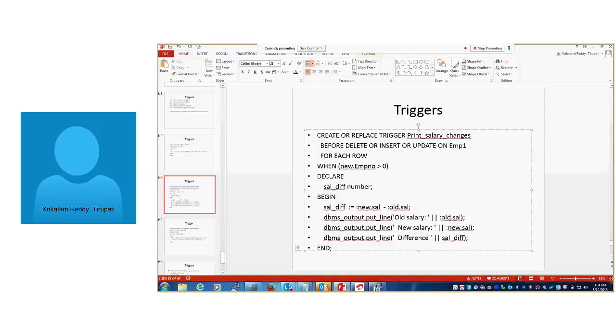Delete means you are deleting old records. Insert means you are trying to insert new records. That's why for insert new is supported, for delete old is supported. For update, we are trying to modify the existing records. Existing record means old record. We are trying to give some new value. That's why update supports both new and old.